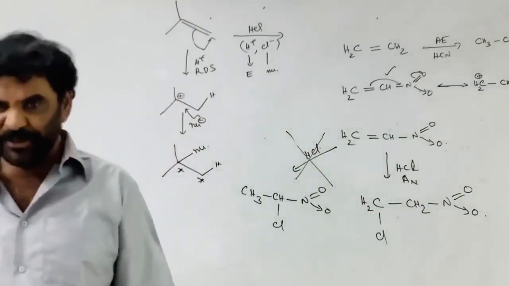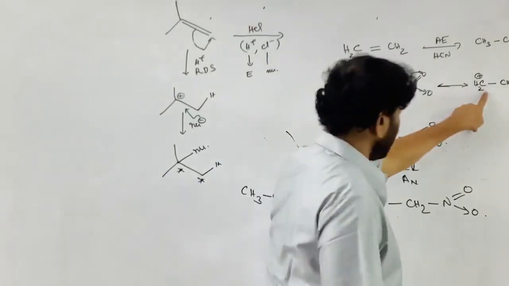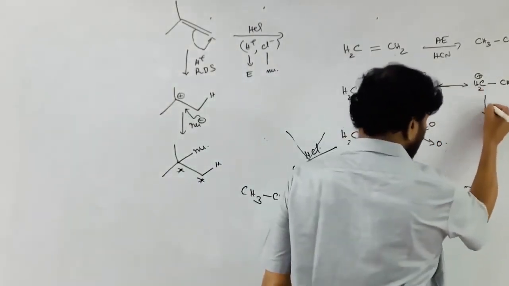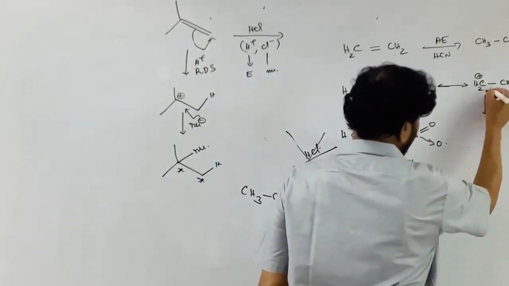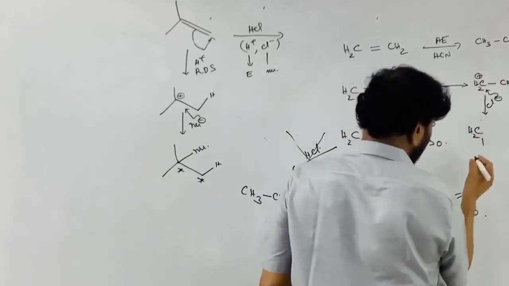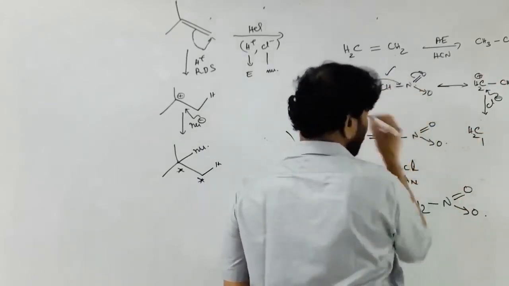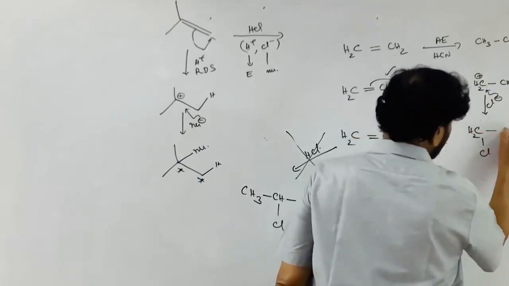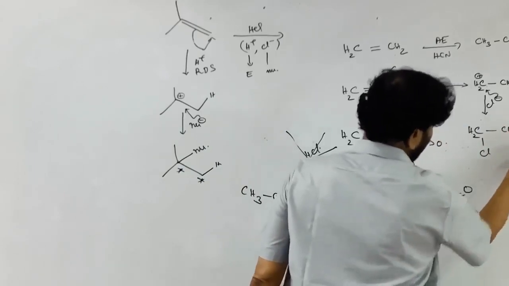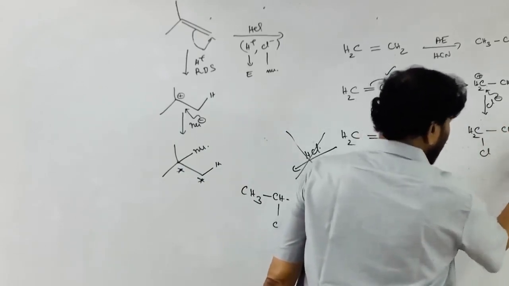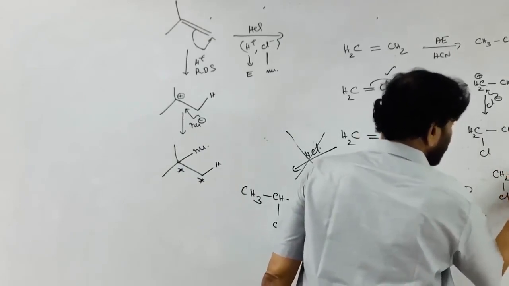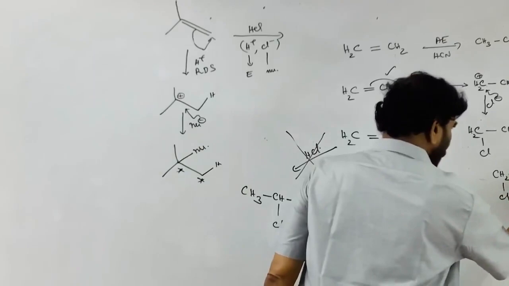Remember, nucleophilic addition reaction. So you have seen this. Now this is converted to this. First the nucleophile comes to this carbon. Positive charge is present on the beta carbon, with the functional group attached at alpha. This is the beta carbon. This is Cl, CH, double bond N, O minus. Now H plus ion goes to this, giving CH2Cl, CH, double bond N, OH.